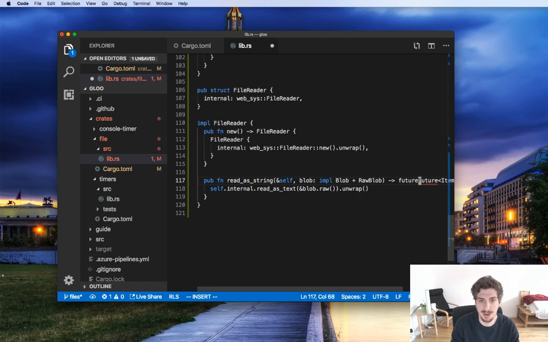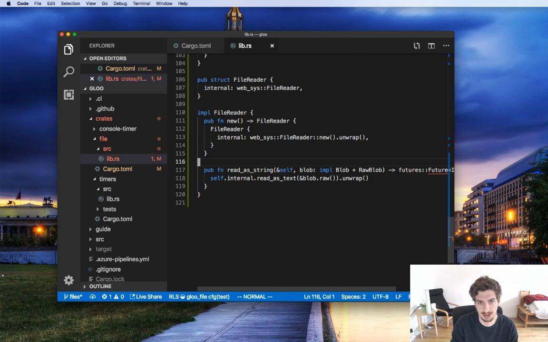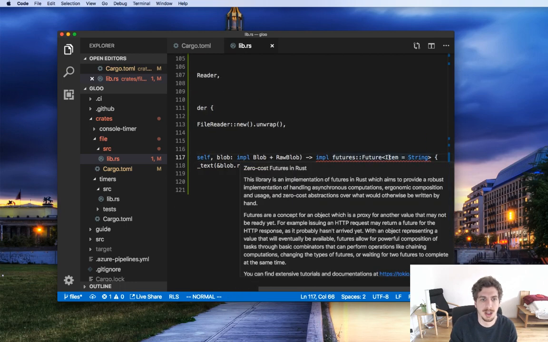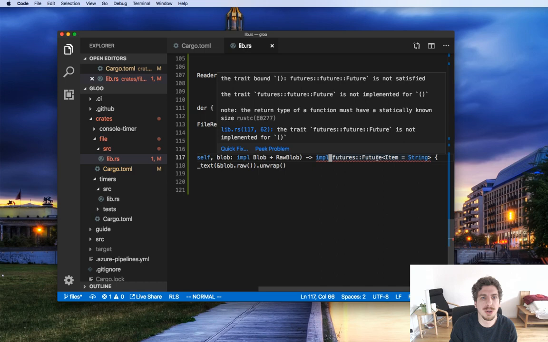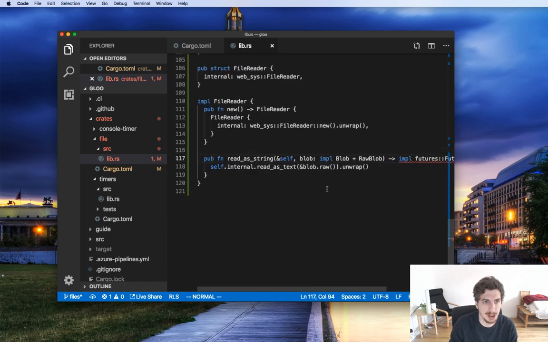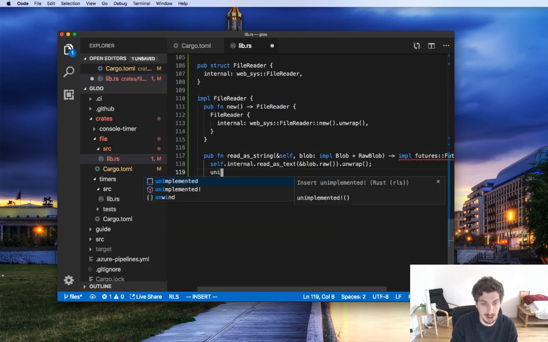Okay. So we can say futures, and this is a trait. So we're going to want to say impl futures future here. And I believe it's going to say the trait bound is not satisfied. Yep, that's fine. If we go ahead and say unimplemented,